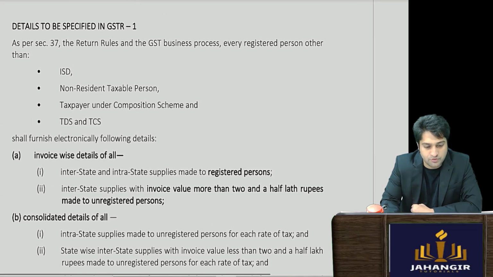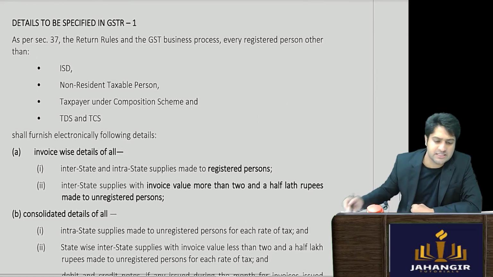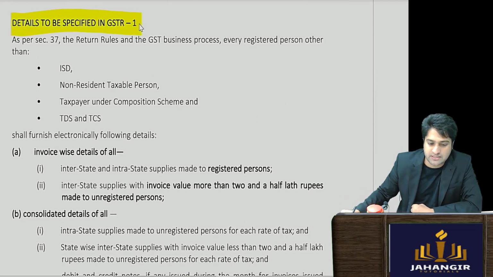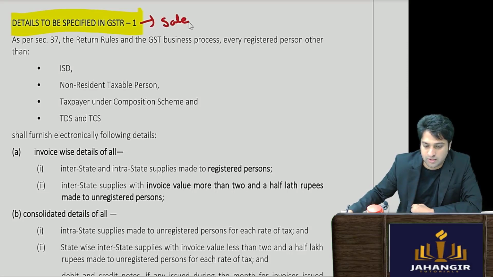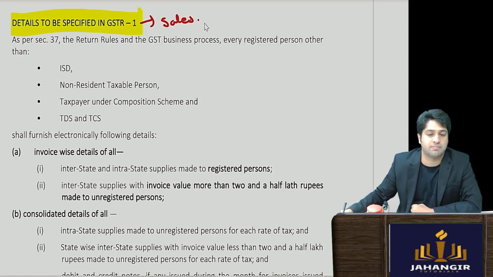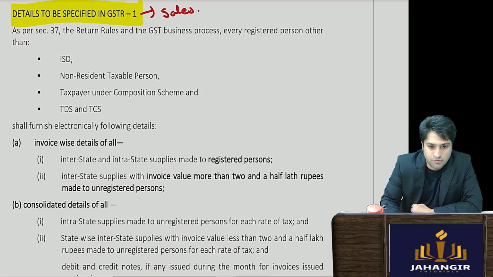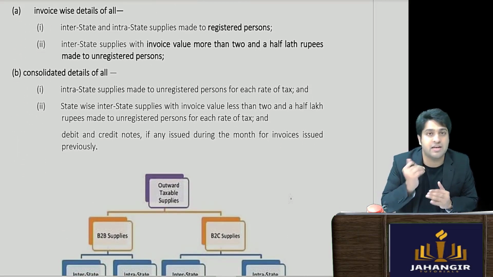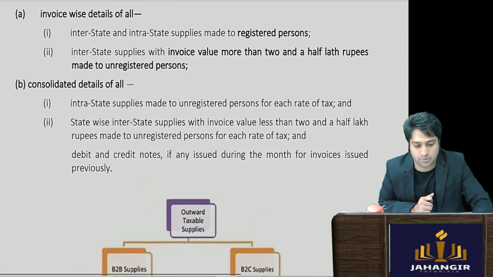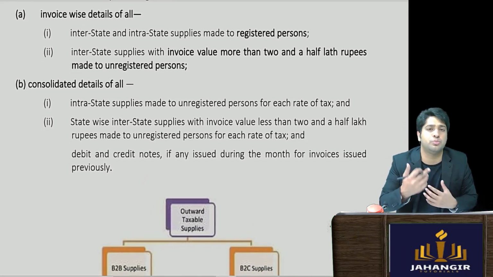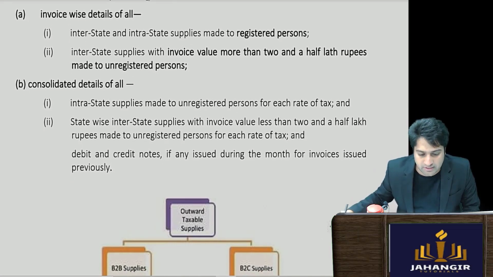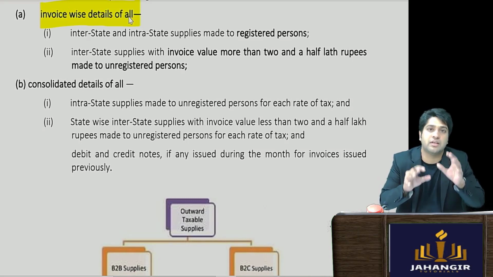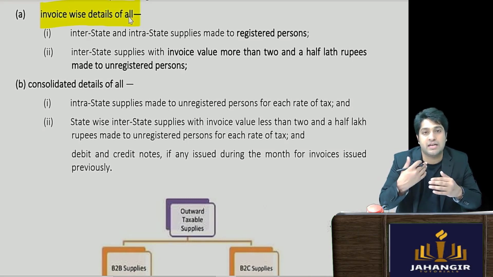Okay. Now, if you go to see your GSTR1, as we discussed, your GSTR1 is your details of outward supplies. It is the details of your sales. Okay, outward supplies. Now you have to understand one thing, that sales has to be intimated. GSTR1 has to be put up. You need to inform the government to whom you had made the sales. Here you need to make invoice wise details. That means I need to put the invoice number, each entry I have to put it.